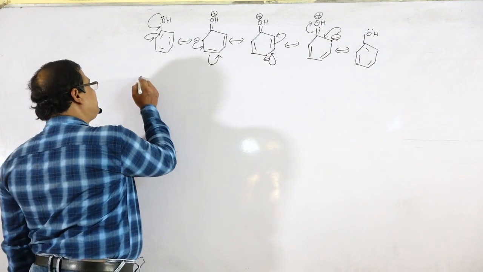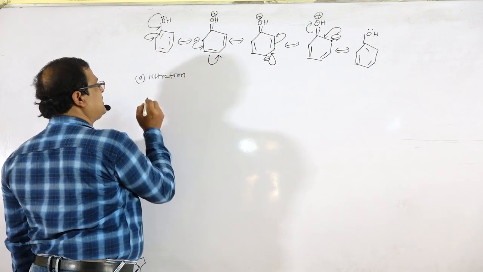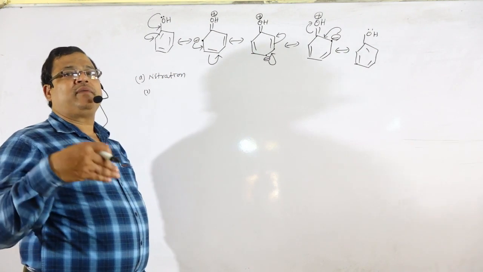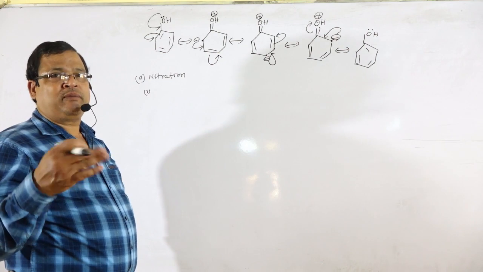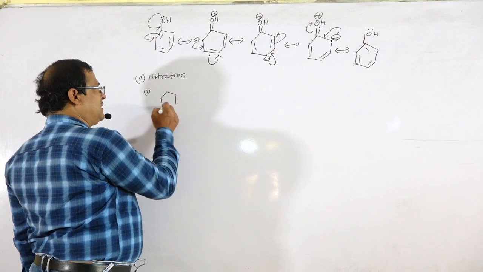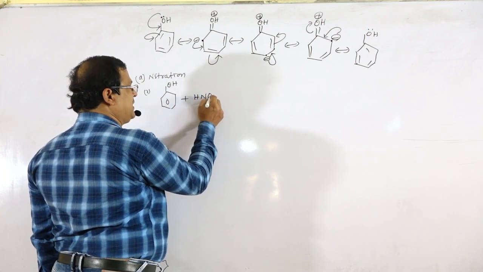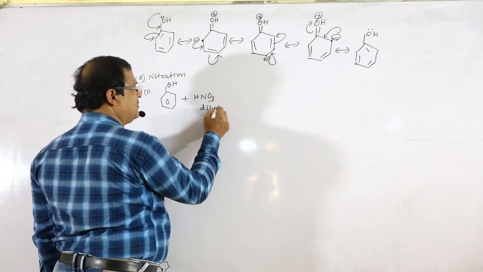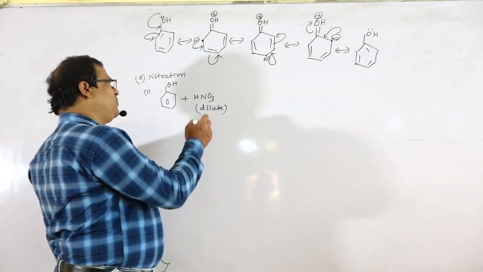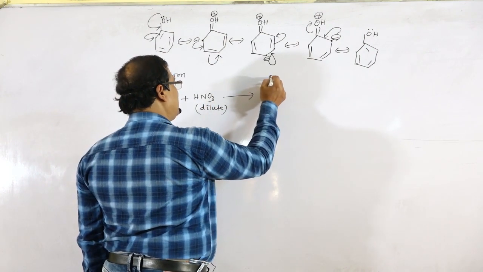First one, that is nitration. We have explained nitration on the basis of two cases, whether we have used dilute nitric acid or concentrated nitric acid. Phenol is treated with nitric acid, HNO3, but that is dilute. We have taken dilute nitric acid. So whenever we take dilute nitric acid, there is the formation of ortho and para products, with the OH group